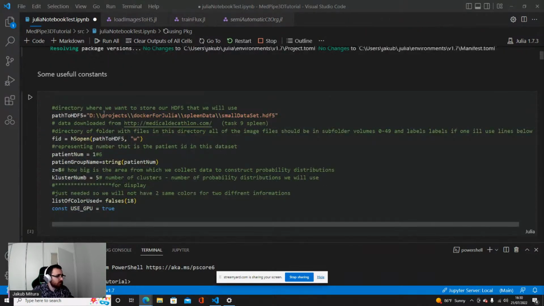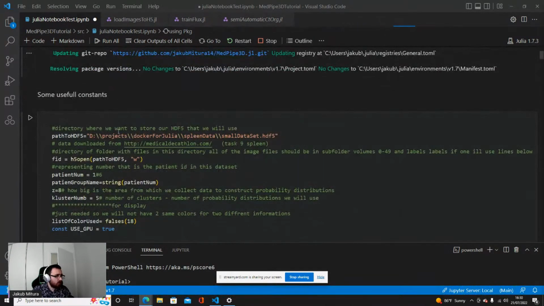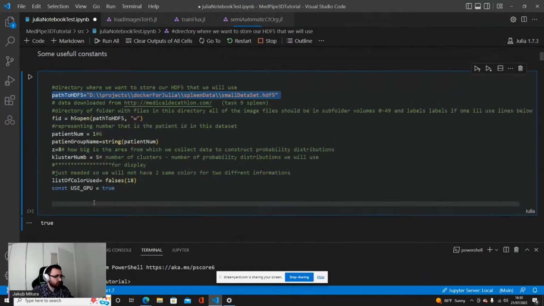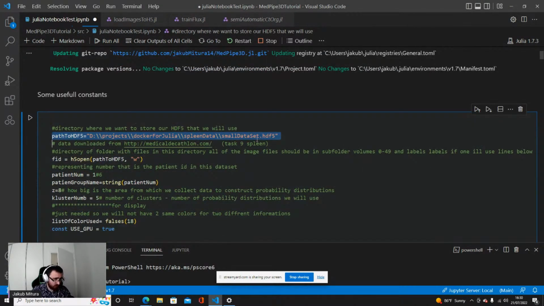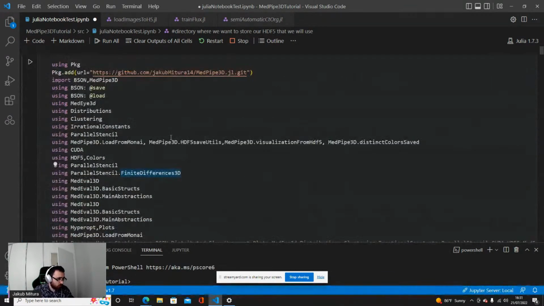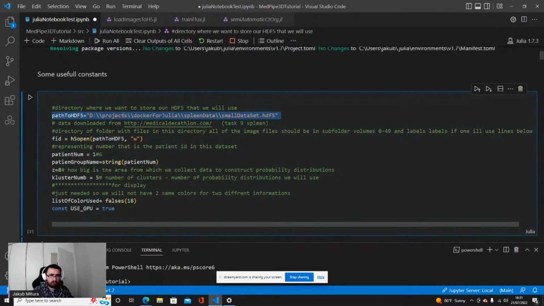And the second thing that we can already start is that we need to establish some paths. First, establish a path to the HDF5 dataset that we will create now. So just modify the path that I had added here, and provide the path to some folder that exists. The folder needs to exist, and then we can keep the name, so it will be consistent, but it does not matter. So I will give you a moment to load the libraries and establish some path. In the meantime, do you have any questions?